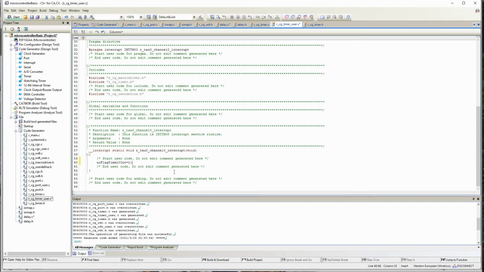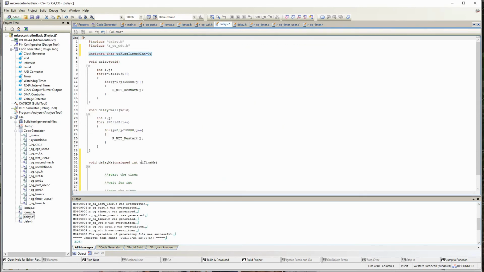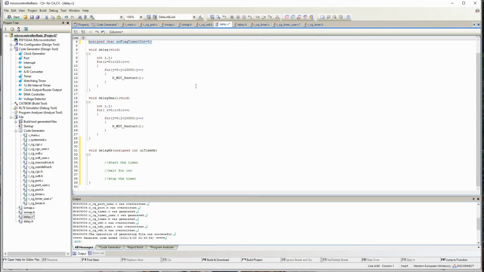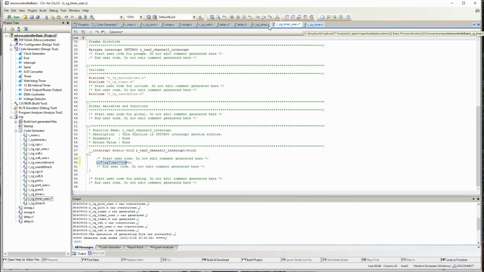Every 1 millisecond, this flag will be set. I could have used a boolean, but I'm just using an unsigned character. So this variable will become 1 every 1 millisecond. I have to make this 0 and wait for this to become 1. If I go back to delay.c, I have to start the timer. Starting the timer is in timer user, timer.c.